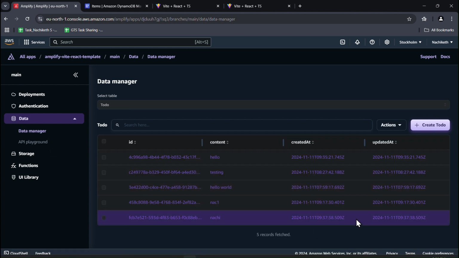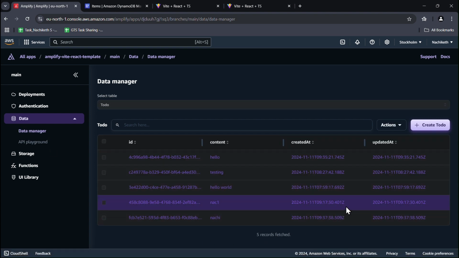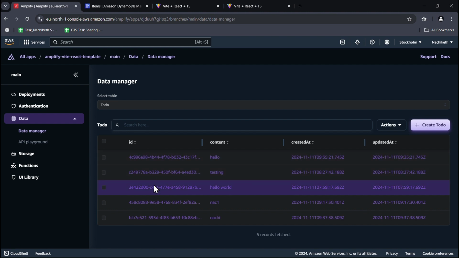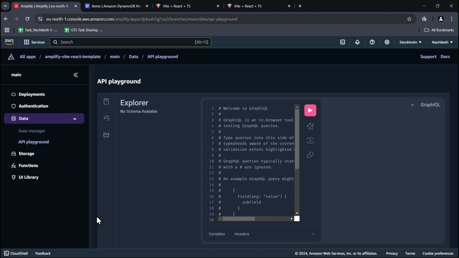So it is getting added here. Fine. If you have used this API, probably you can see this. Since we have used the REST one,